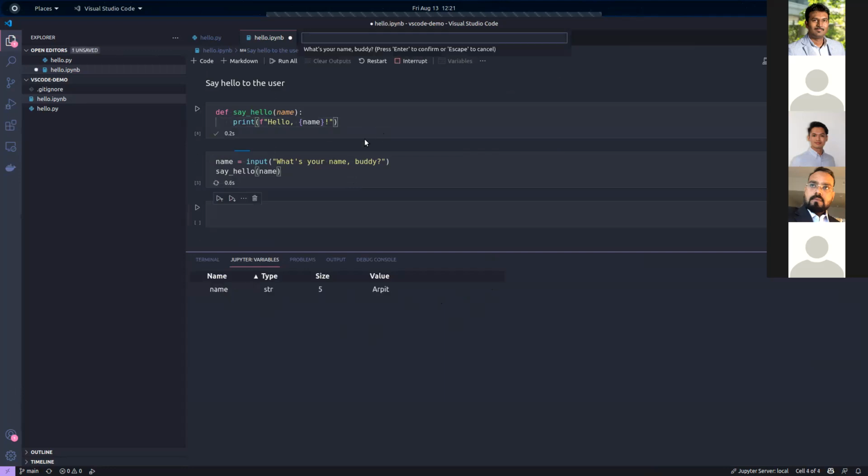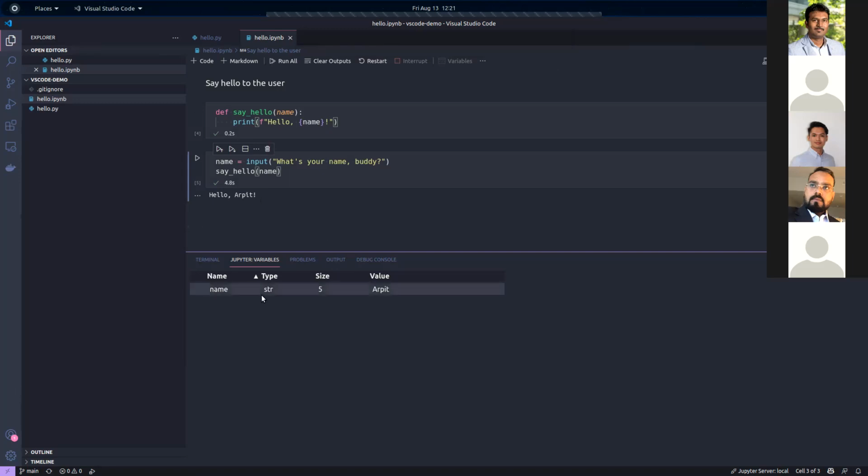As you can see, all the active variables in my code are automatically added to the variable explorer here. So I can click on this. This is a normal variable. I can see the type of the variable, the size of the variable, the value as well.